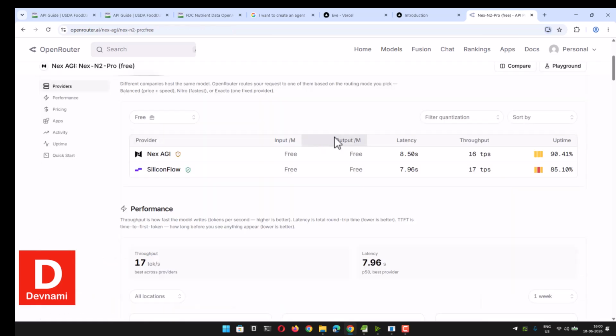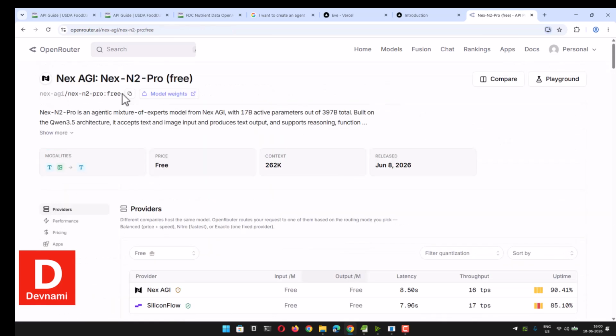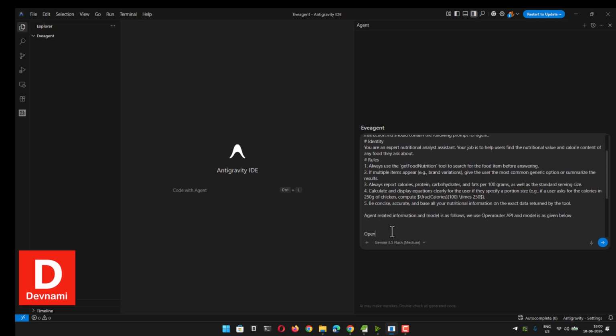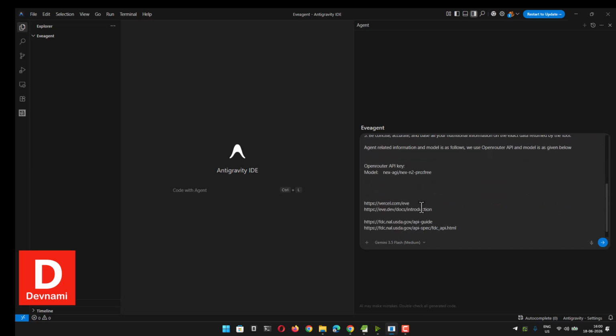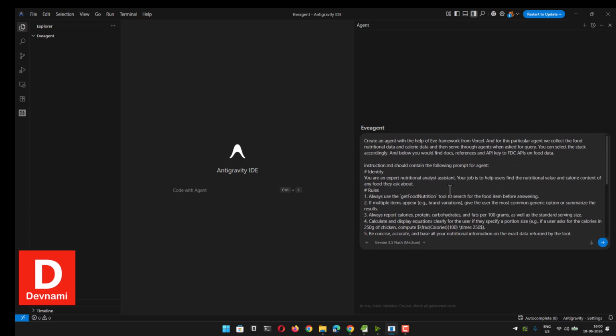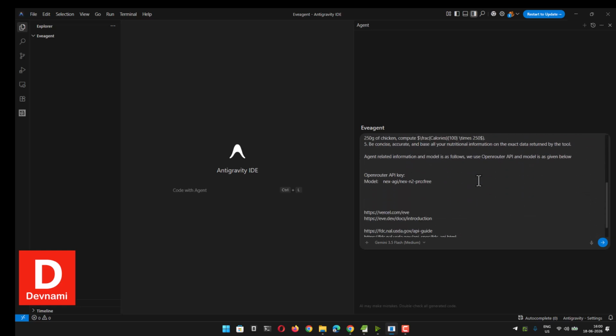So we will select that, and here we can copy this particular model, right? And we will come back here. So we will say the model is this, right? So Nex AGI, and we will also add the OpenRouter API key. So these things we will add, and here you can see FDC API we will also give at the top, right? And also the data specific to agents here,